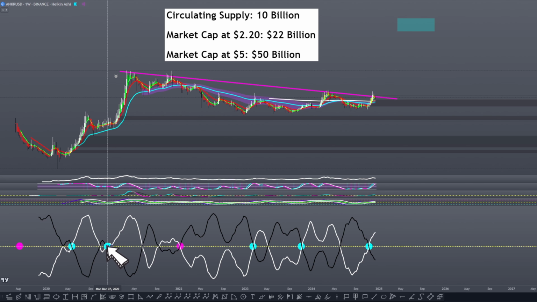So 1, 2, 3. 3 would have been buying in December 2020, roughly halfway into the bull market here for Theta. You would have been buying at approximately just a little bit below a penny, roughly 4/5 of a penny, to catch the final leg of this most recent bull market for Theta.